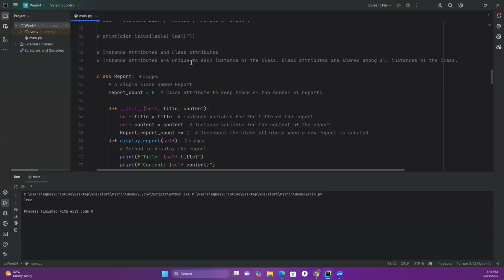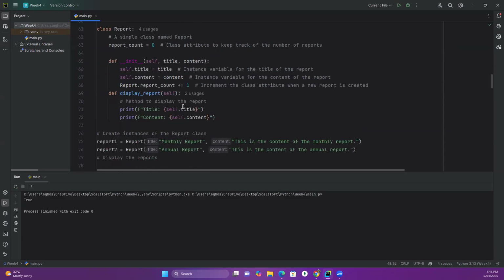Instance attributes are unique to each instance of the class, while class attributes are shared among all instances of the class. Do you understand that? I'm not sure you understand that. I don't understand. Okay, good. Let me explain. So when you talk about instance attributes, you're talking about